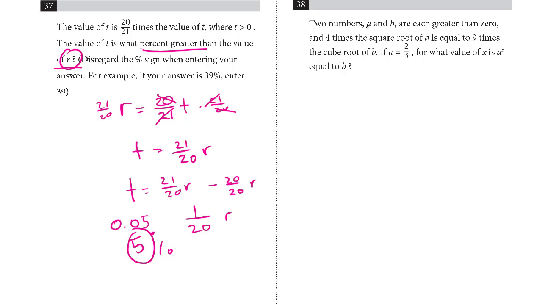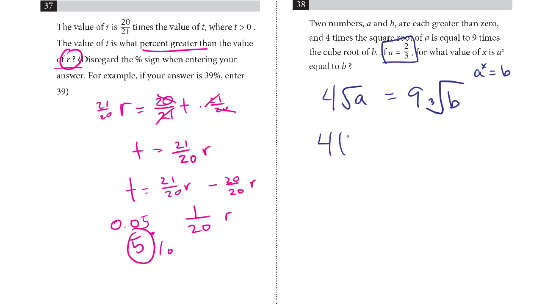38. Two numbers a and b are each greater than 0, and 4 times the square root of a is equal to 9 times the cube root of b. A equals 2/3. For what value of x is a to the x equal to b? So I need a to the x to be equal to b. Okay. Well, I know a is 2/3, so this is 4 times 2/3 to the half power,